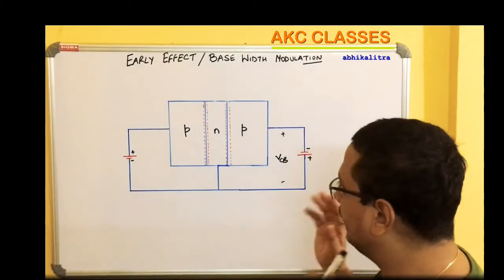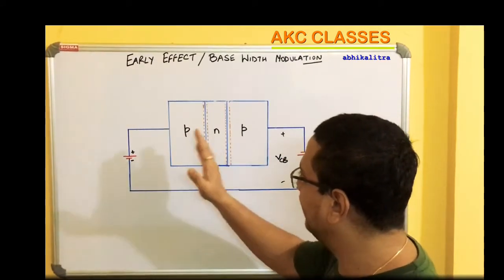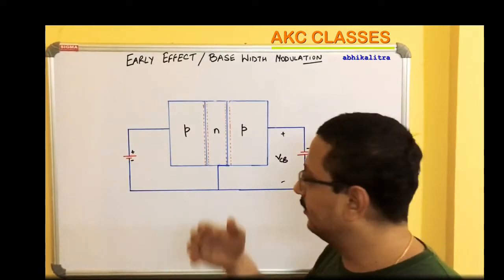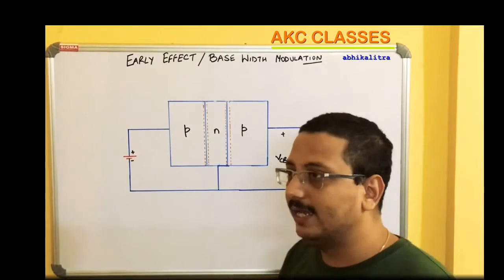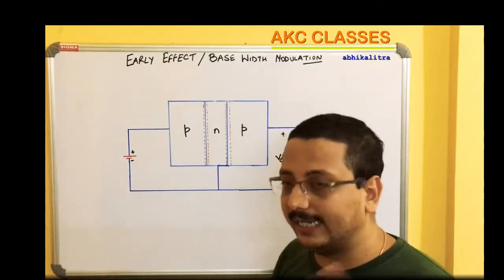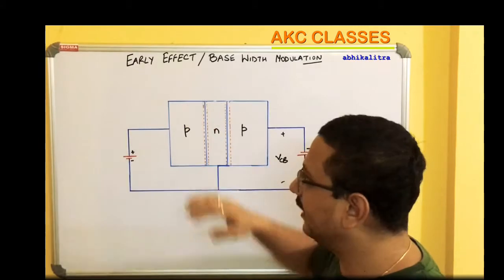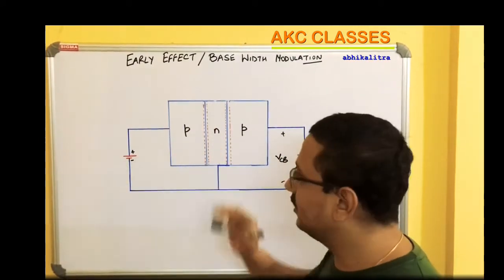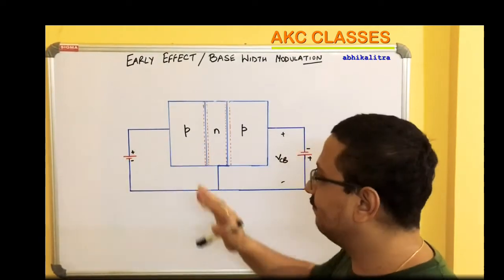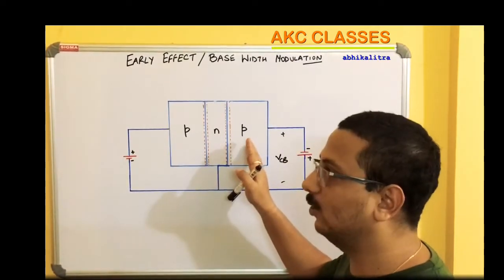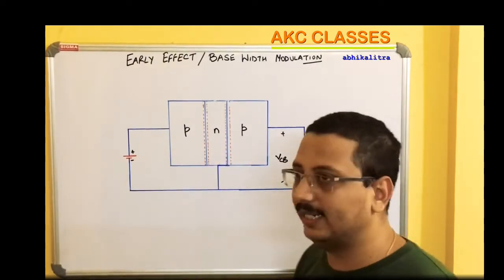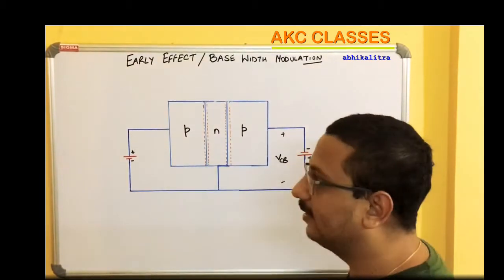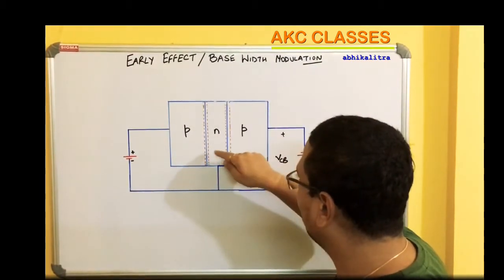Now, if I go with the amount of doping that is present in emitter, base, and collector, and I sort the sections according to the amount of doping in decreasing order, then the emitter is the one with the highest doping. Then comes the collector, and then comes the base, right? So the emitter is very highly doped, the collector is highly doped, and the base is lightly doped.